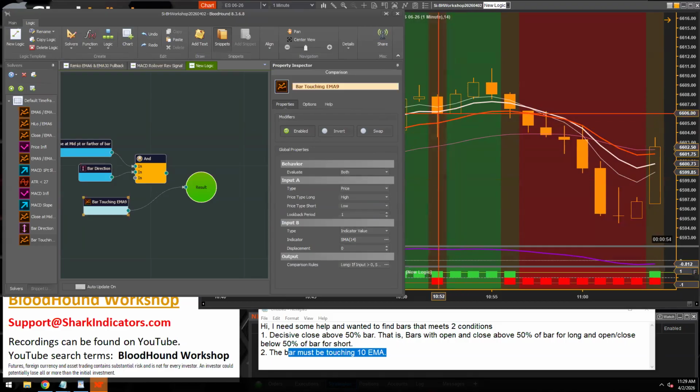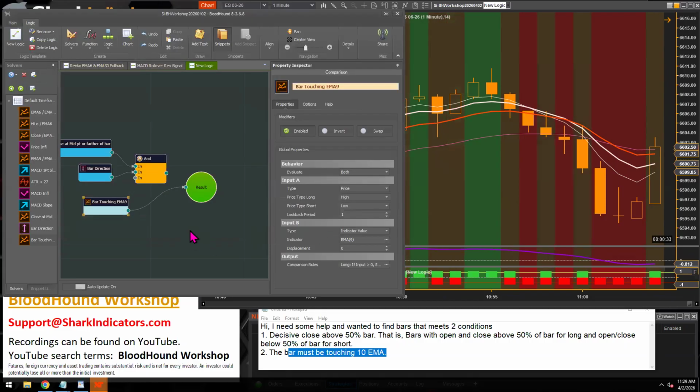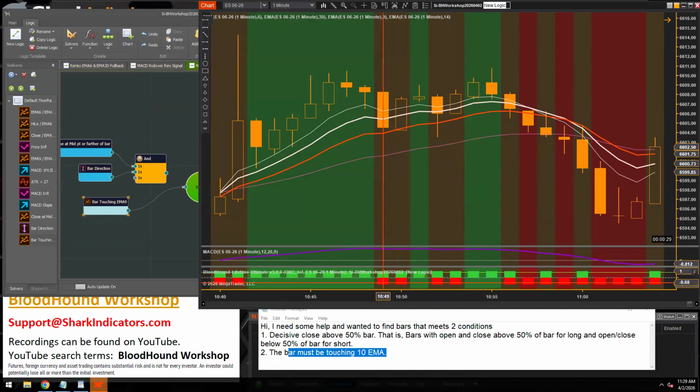And there, a bar is touching, and we get a long and a short output. Well, actually, it's touching the SMA. So let's switch this over to the EMA. There's our EMA, 9 period there. Right, so every time we have a long and a short on the same bar, those are bars touching